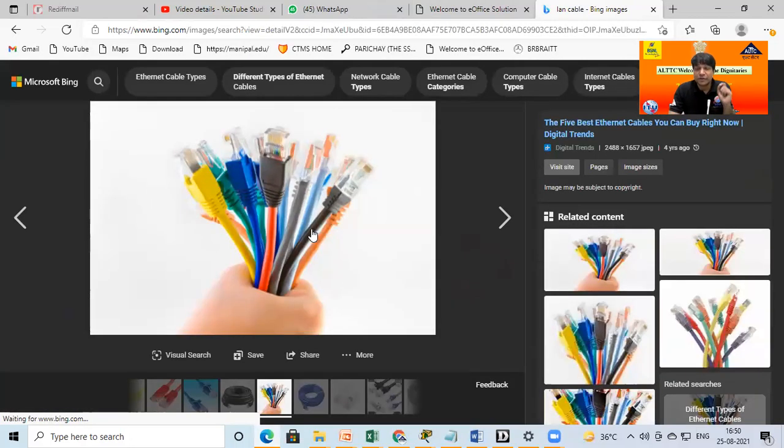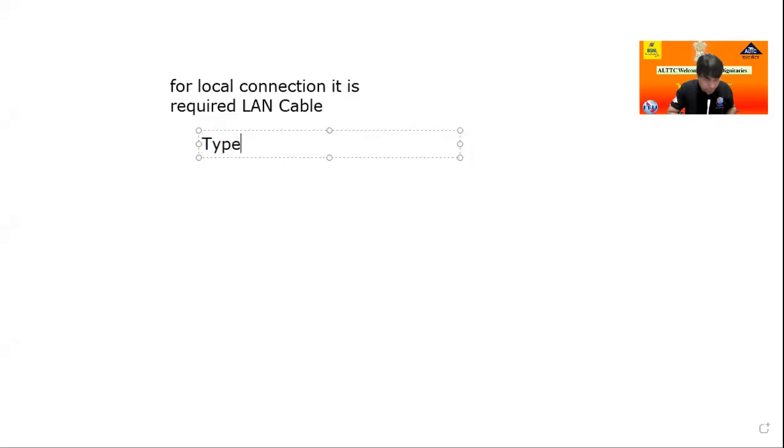Okay. So now I will discuss this, it is very important. Without the LAN cable, today's internet is not possible. And in the upcoming time, the LAN cable will be replaced by optical fiber, but it will take at least 5 to 10 more years. But at this time in the world, 99% of the internet depends on this LAN cable. It is a very important cable. So now just discuss this LAN cable. The types of LAN cable are most important.